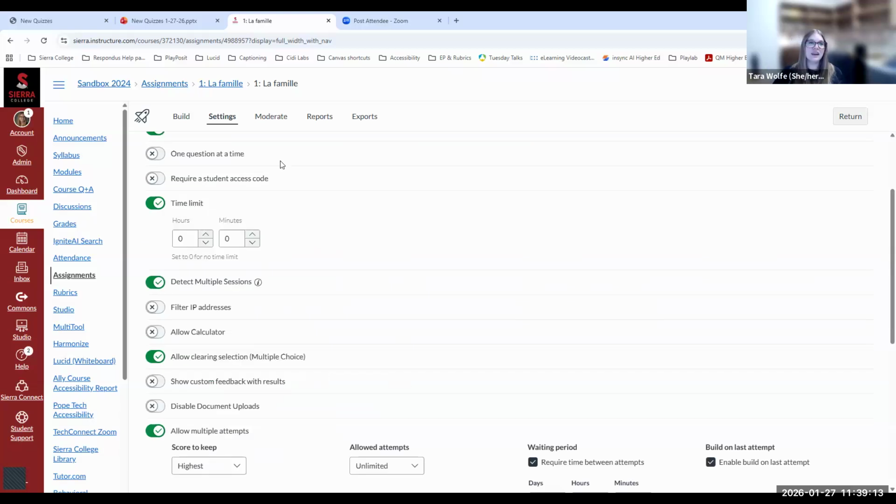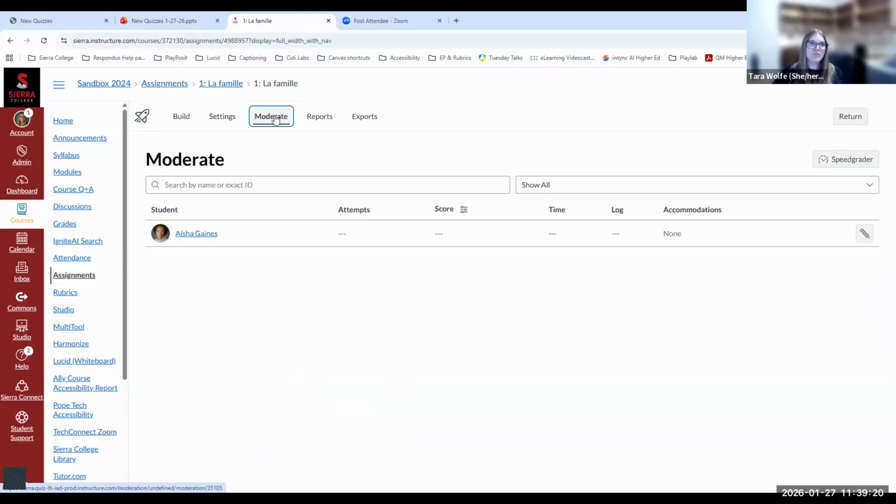Okay, so the last part here that I want to show before I give you a little bit of time to try this out on your own end is the Moderate tab. Here, this is a sandbox. I just have our other instructional designer, Aisha Gaines, in here as she was trying some stuff out for me. If you have a student who requires accommodations, this is where you would add those. So you'll enter your quiz, click the build button to edit, and then select the Moderate tab. You'll see your list of students, and then you can click the pencil icon all the way to the right